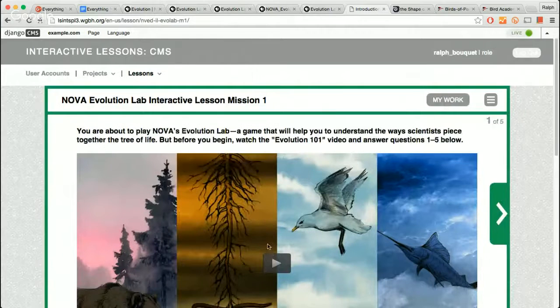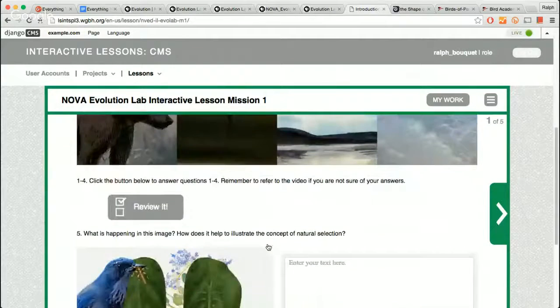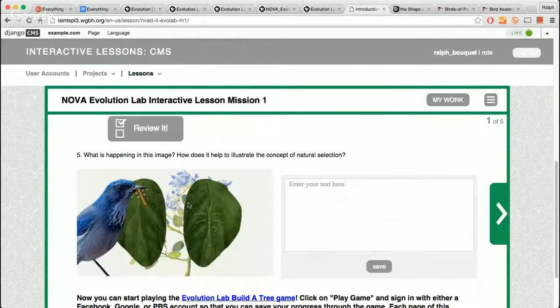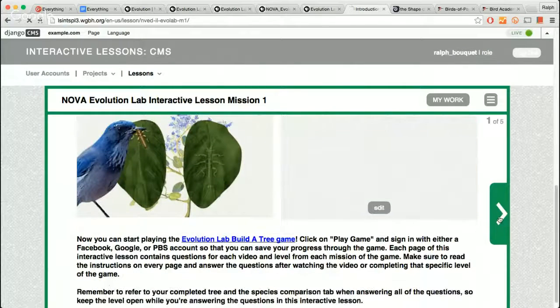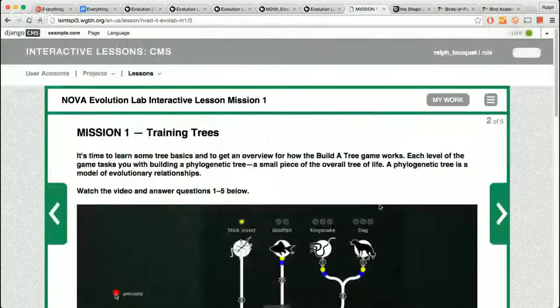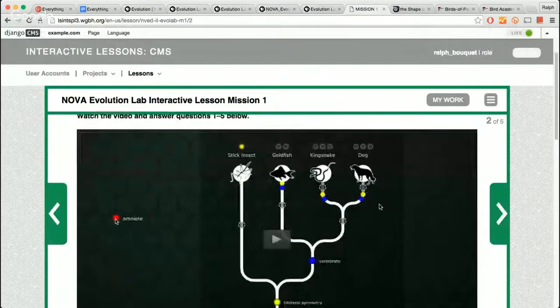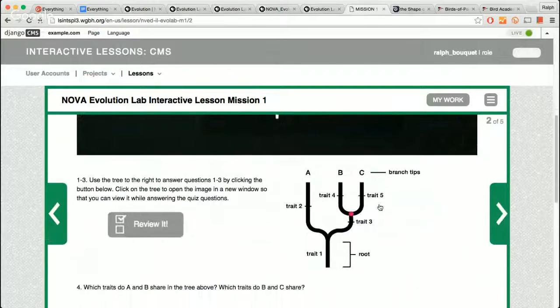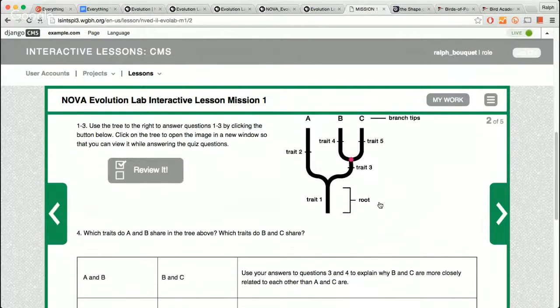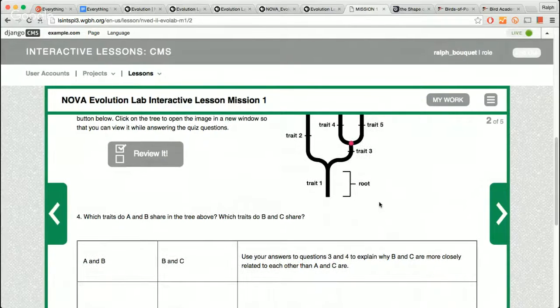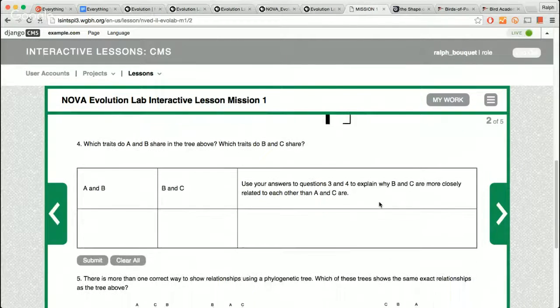The videos from the Evolution Lab are embedded in them. And basically, there are small quiz questions that students can answer after watching the video. There are diagrams they have to look at and then type their answers in. But again, all the content that you'll find in the actual PDF worksheets is also available in this interactive lesson format. This is something that you can just easily assign students, and all their answers are tracked. So this might be a better way if you are in a really fully digital classroom, a good way of having students complete the worksheets, but in an online format.